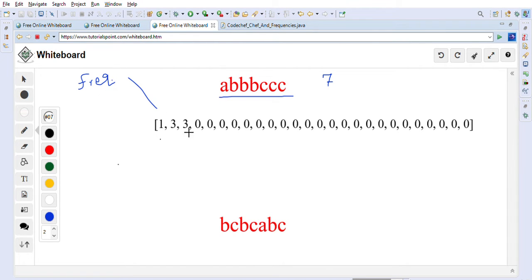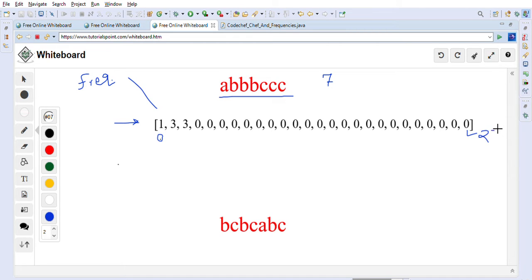Basically in English there are 26 different letters, right? A B C D E F G until Z. So we will create one integer array from index 0 to 25, this is 0, and this last one is 25.